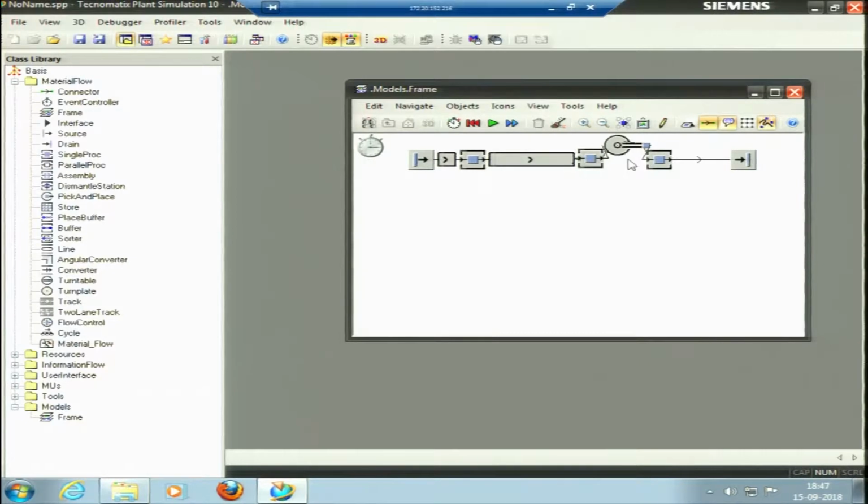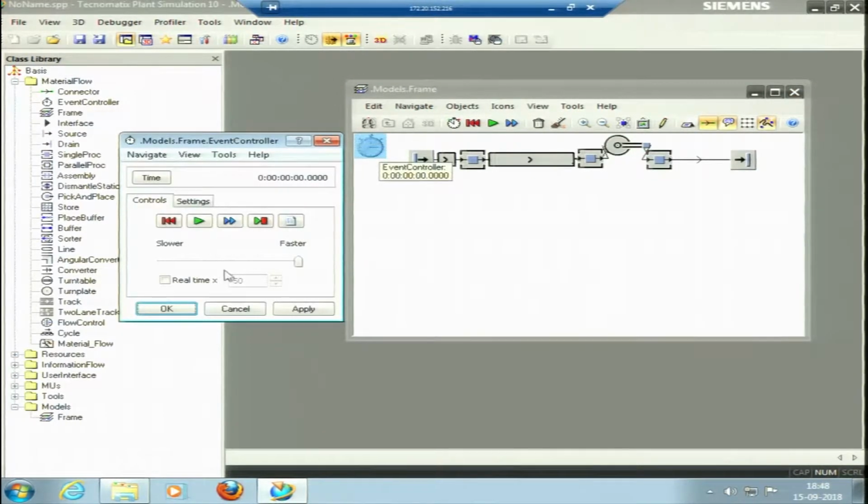Okay. Now the pick and place robot would just pick the material from the predecessor, that is the drilling, and put it to the successor, that is the grinding. Okay. How does this work? Let us see. First of all, let me try to reduce the speed just to make you appreciate it in a better way and see how the simulation is happening. So, the processing is happening, it will now pick and place, you can see pick and place.